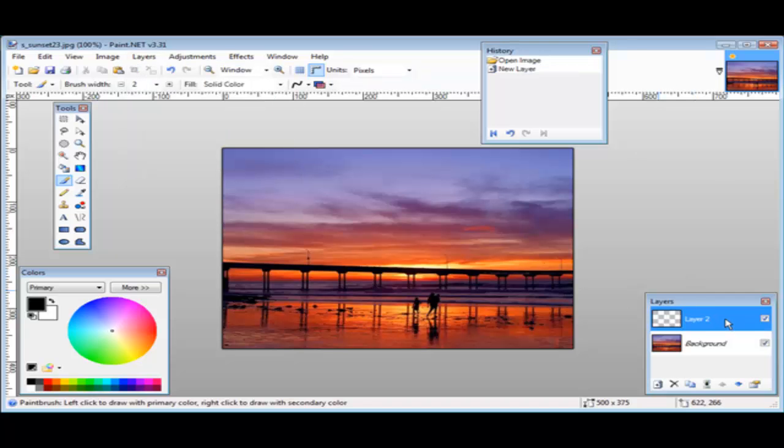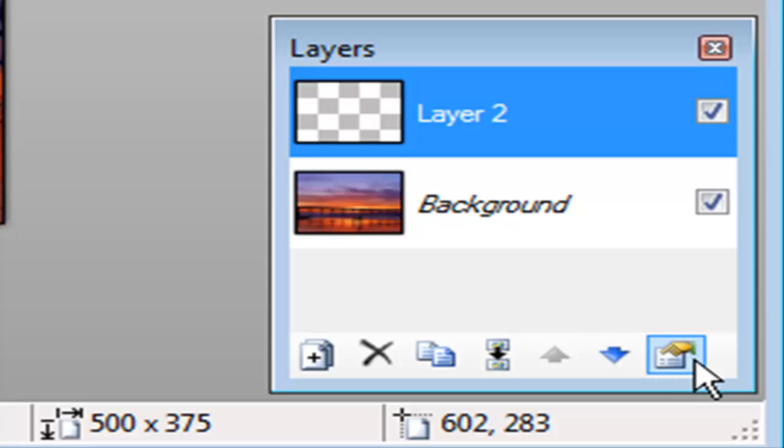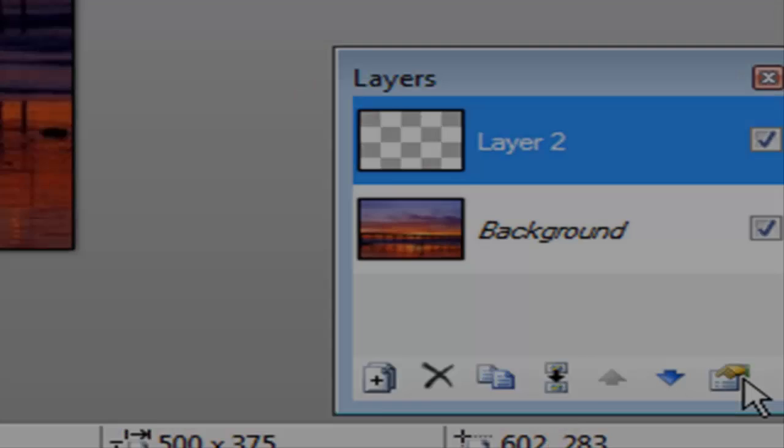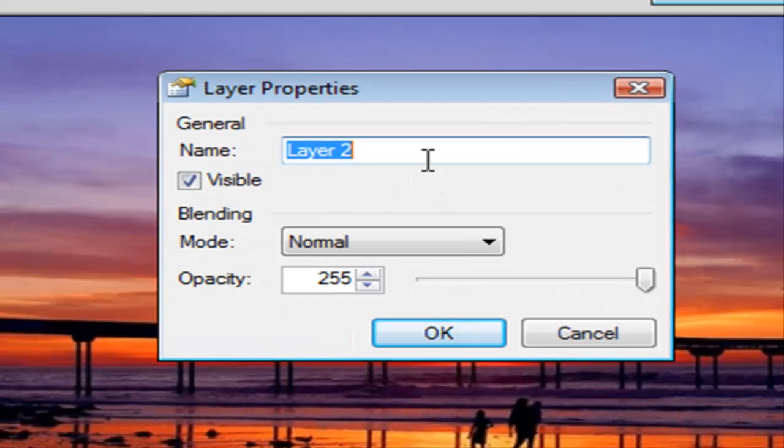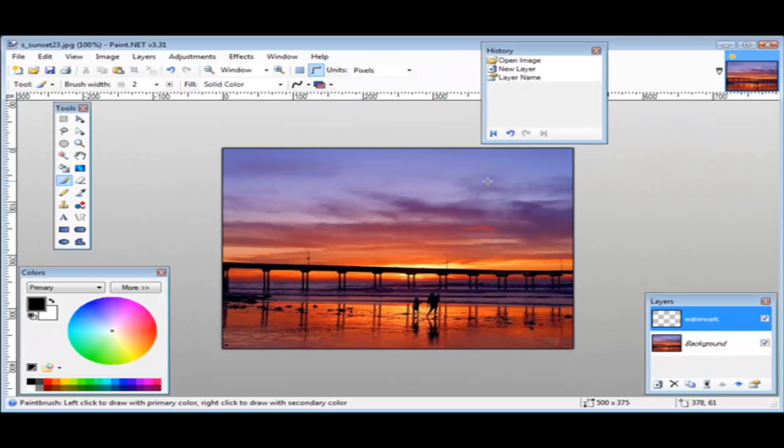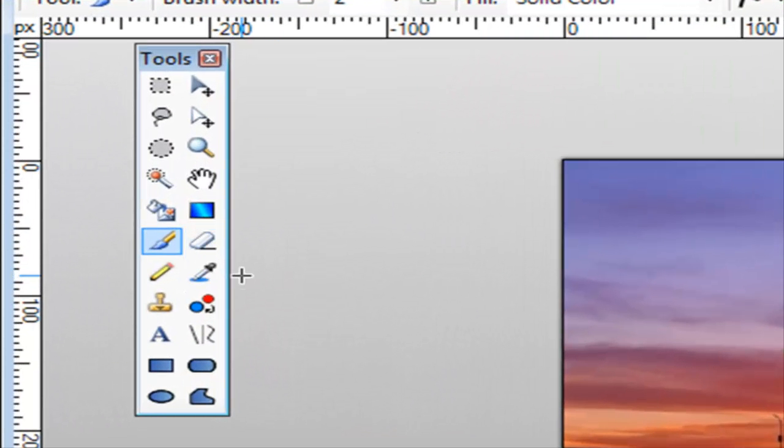Then over on this side, you can right click. Then over on this side, down at the bottom, you just go down here and click on Properties, and just give it a name for your layer. Call it Watermark or whatever you want to call it. And then all you have to do is come over to your little tools thing over here, pick